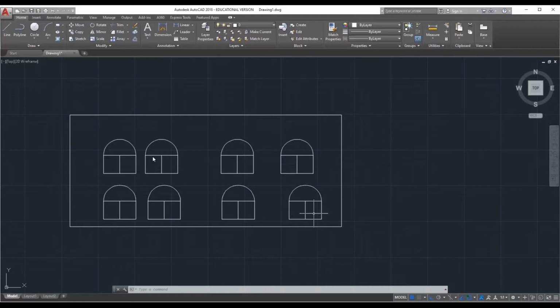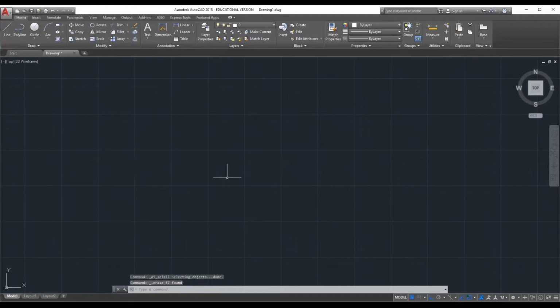Now let's select a new drawing. Let's select a rectangle and draw a rectangle here.